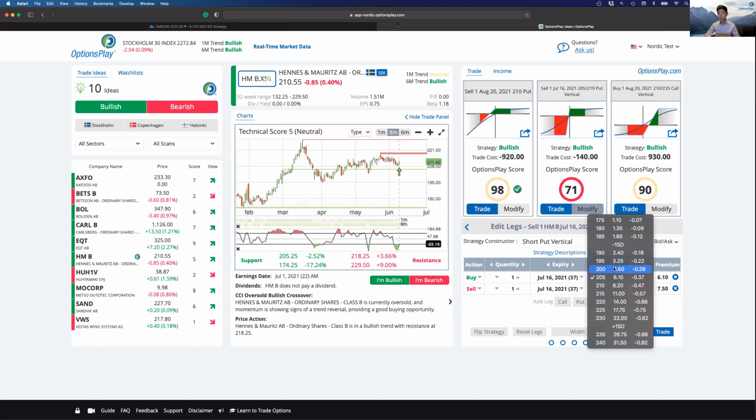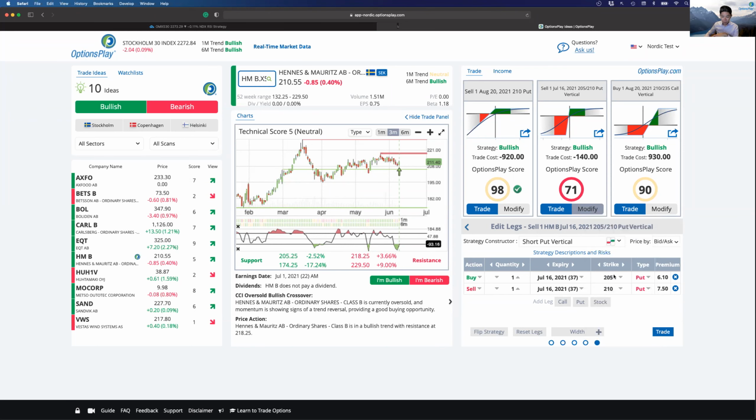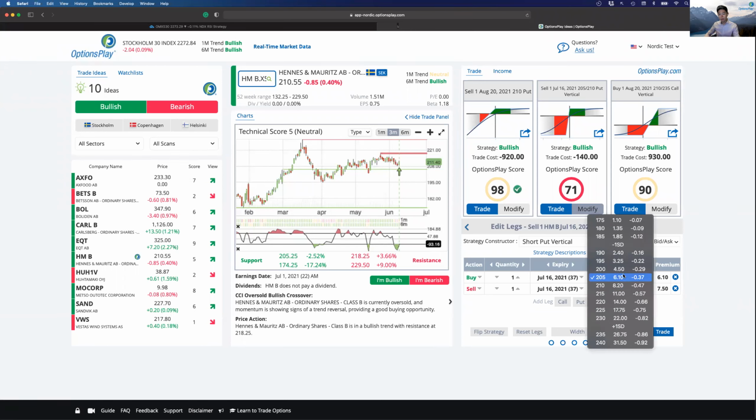And one other thing I wanted to mention, this is something that perhaps I didn't mention last time. I'm sorry, I did mention, but maybe not all of you were here last time. One of the new features we recently launched into OptionsPlay is that on the strike selection, so when you click on modify for any strategy, you can select your strike price, you can select your expiration date. But on the strike price now, we have 3 columns. You have your strike price, you have the premium in terms of Swedish crowns,